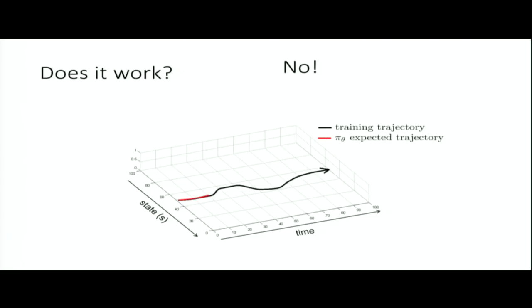If you train a policy pi theta, and you then run that policy to try to see if you can reproduce that same trajectory, well, your policy probably was trained pretty well. Maybe you got a pretty good training error, but it's never really perfect, right? Function approximation is never completely perfect. So when you run this policy, it's going to make a little tiny mistake as it moves forward. Maybe over here it made a little mistake and it deviated a little bit from that training trajectory.